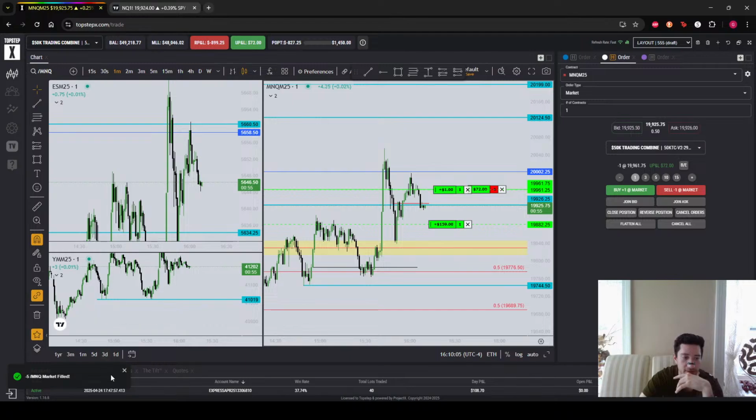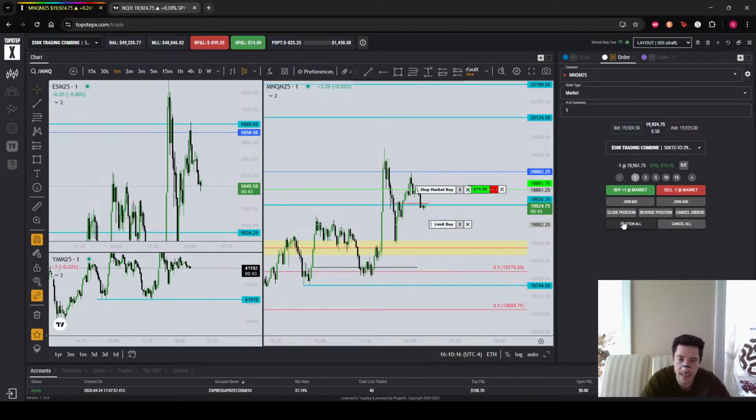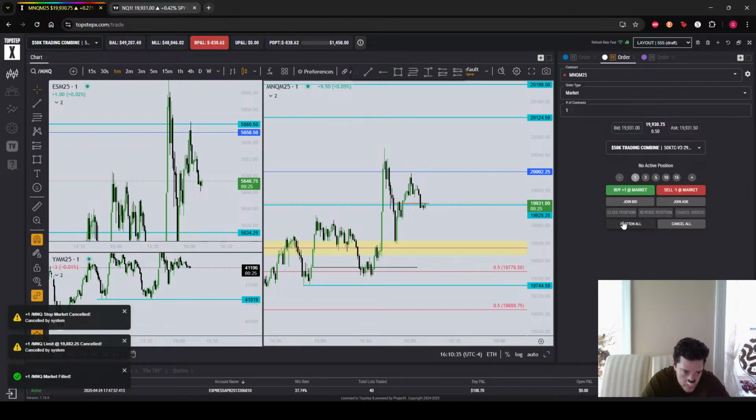All right. Well, I'm still in the trade, so I guess I'll manually close it. Am I out? Oh, I'm gonna have to go in. Hold on. That's not letting me put in an order. I need to. Is there a flatten button, an emergency flat? I have to go into the Discord now. Topstep. There you go. All right, I'm out. Okay, good.